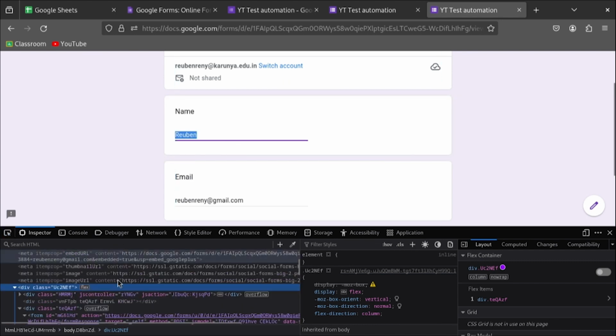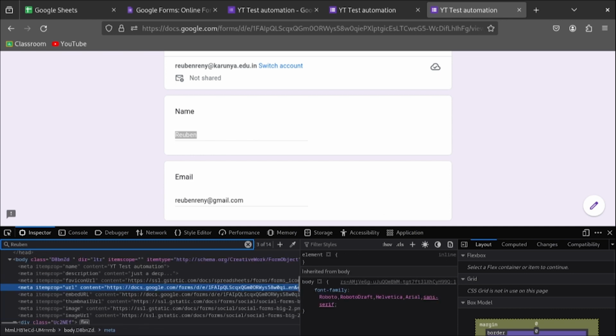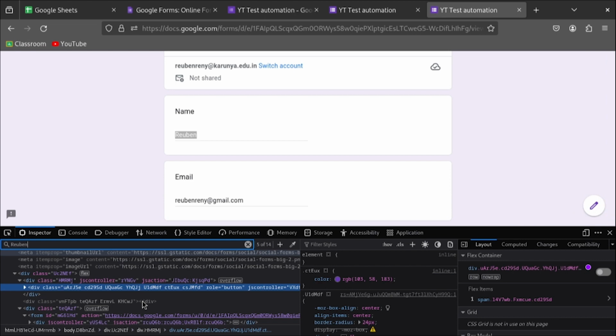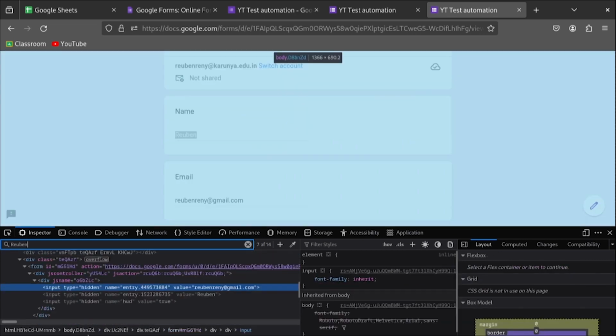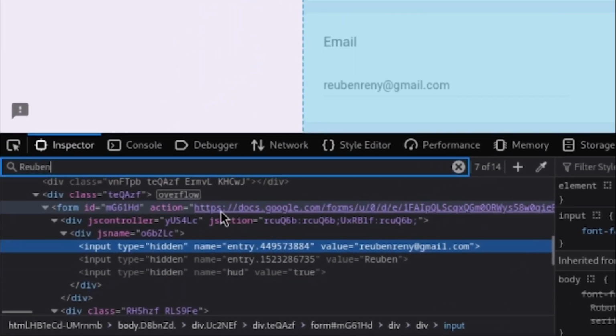So the best way is that your name will also be given to the submit button. It can be anything, your name, your email, anything you can scan. You should be able to see an action. As you can see here, action. If you see inside this action, I'll just zoom in. So inside this action you can see that there is